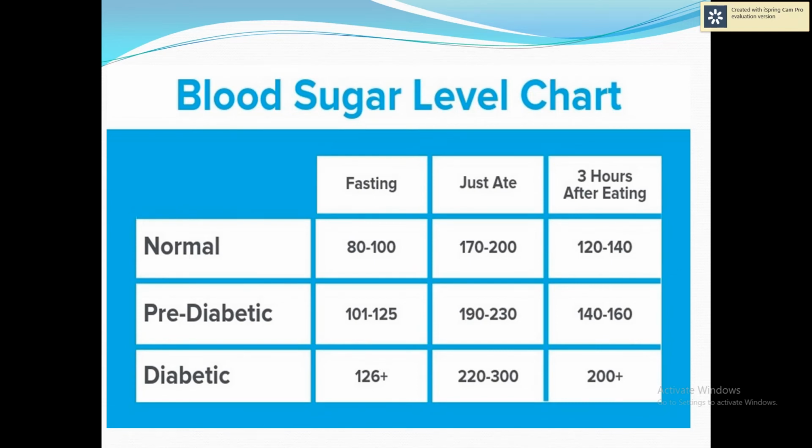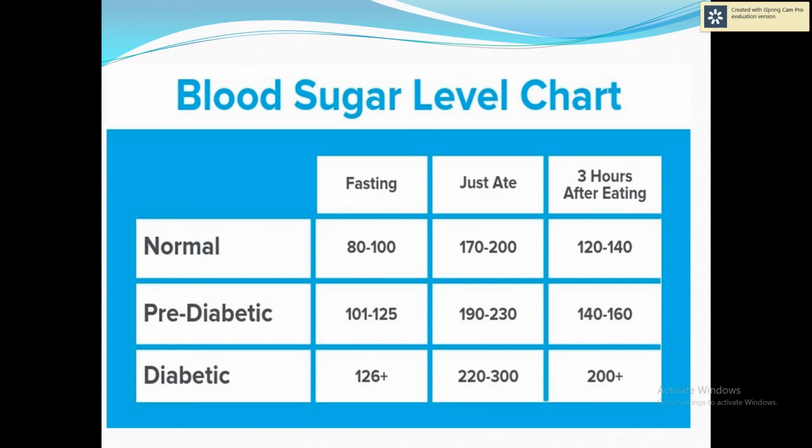The basic reason you check the blood sugar level is for diabetes mellitus. Diabetes mellitus is a disease that prevents your body from properly using the energy from the food you eat. Diabetes occurs in one of the following situations. The pancreas, as you know, produces insulin. Insulin is a naturally occurring hormone produced by the beta cells of the pancreas, which helps the body use sugar for energy. Sometimes the pancreas makes insulin, but the insulin made doesn't work as it should. This condition is called insulin resistance, which results in diabetes.